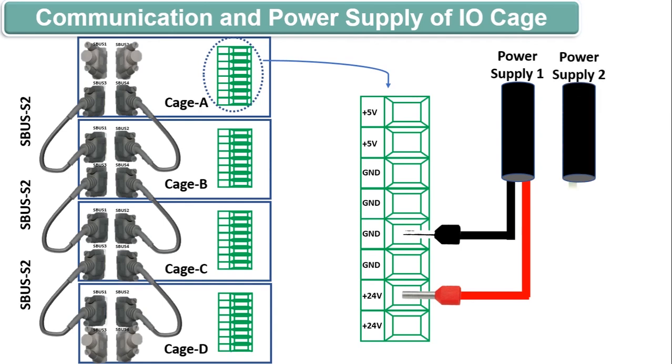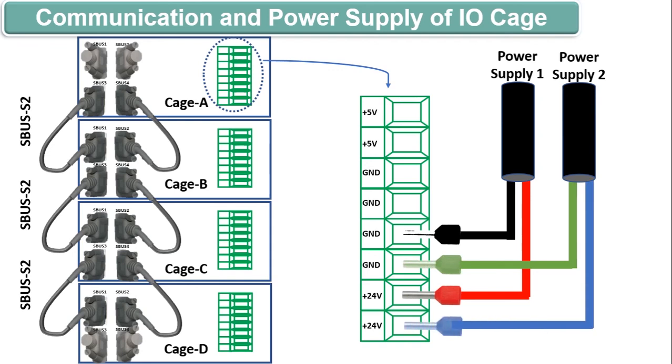Similarly, the power supply coming from the power supply 2 terminates on their respective points. Above, 5 volt supply was not used now. It was used by the old GX300 system where power module was not present in the cage, we have to give this 5-volt power supply from the power